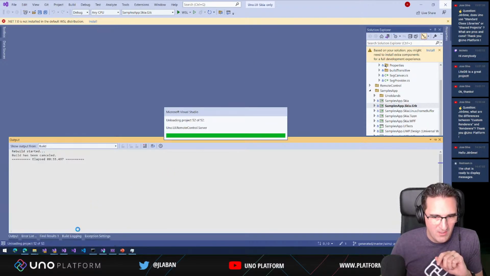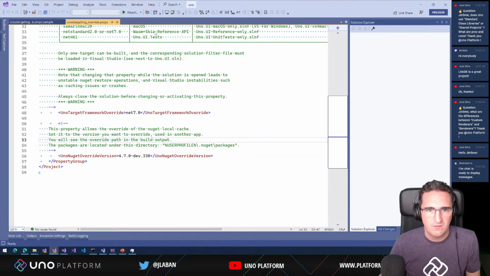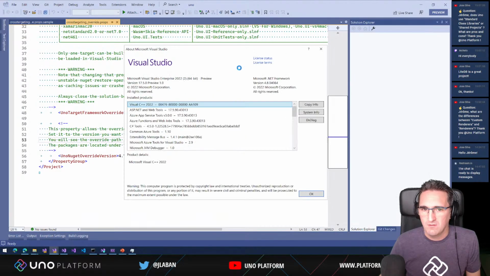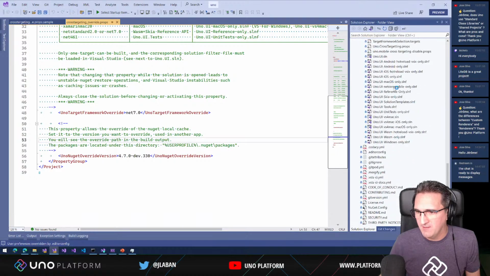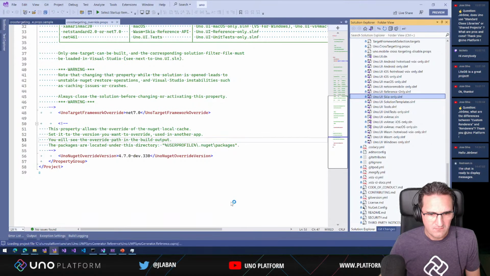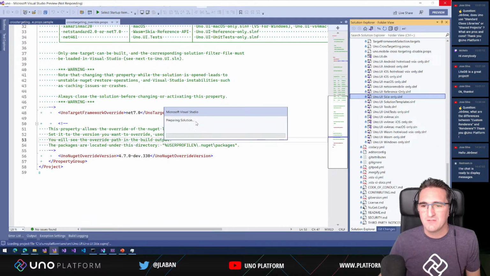Let's open a new one and let's go for our latest build of the preview bits of Visual Studio. Which is it? Yes, preview 5. There we go. So let's open it again and let's actually build this time. So we're trying to get the solution to be a bit smaller in some cases. And one thing that's going to help is removing the Xamarin targets. We have quite a few of them. So those are going to be,